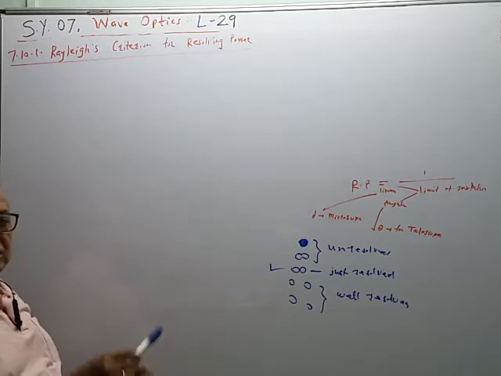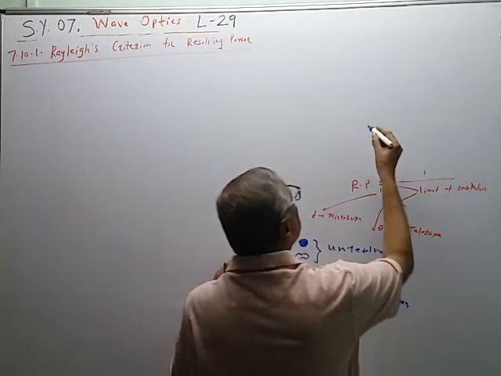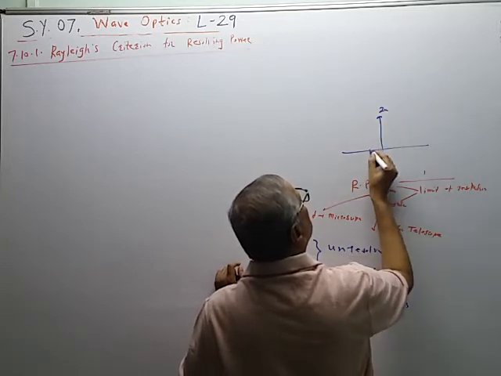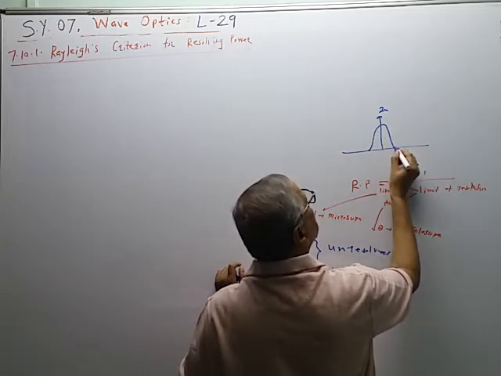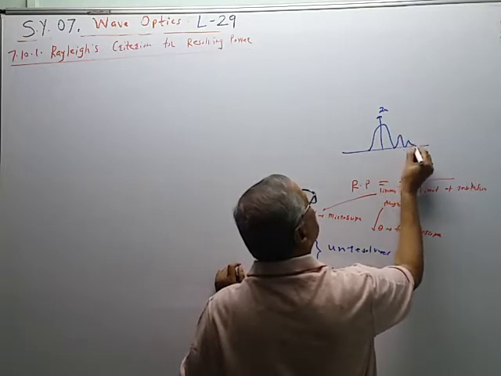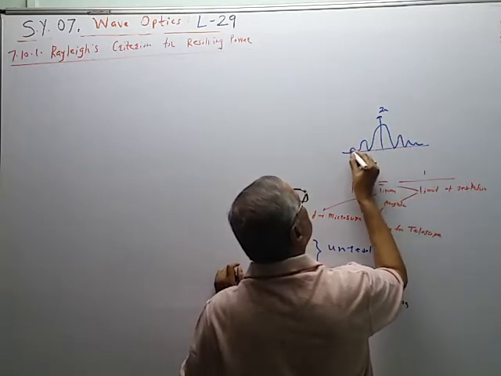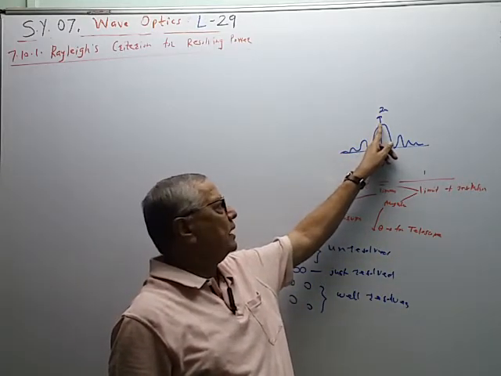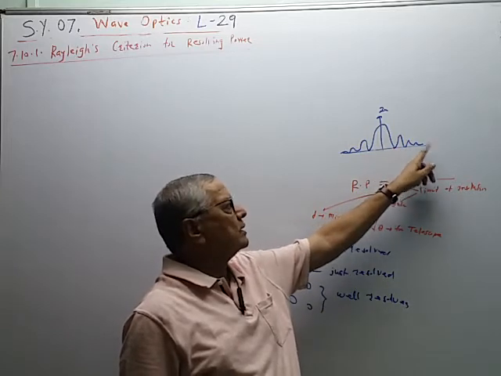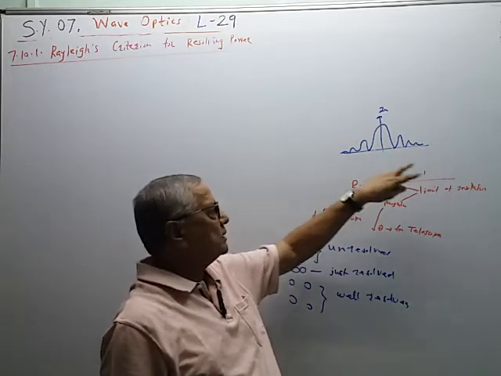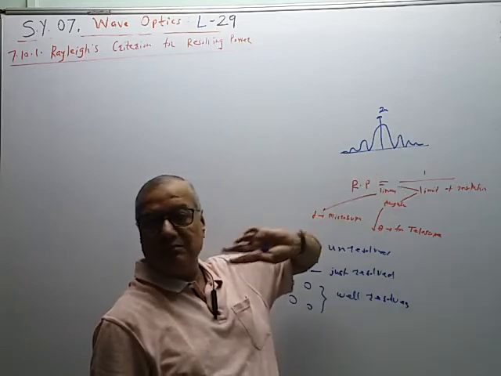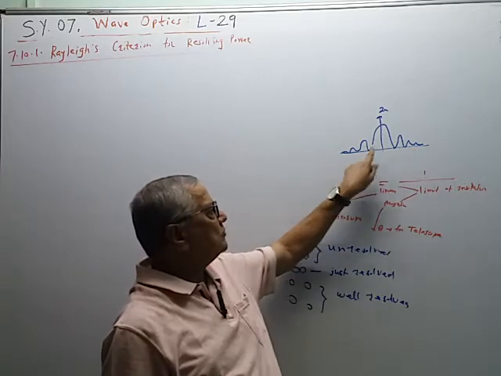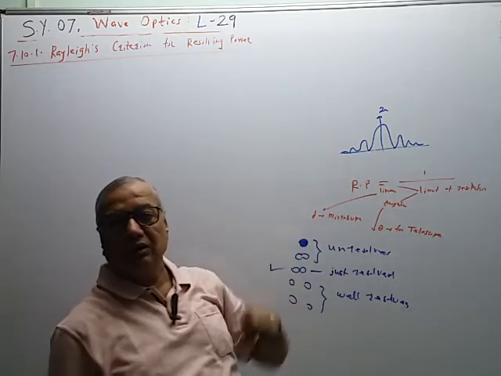So we know the intensity distribution pattern. So that pattern is like this. On the y-axis we plot the intensity. So this is the central maxima. This is first minima, first maxima, like this. So this is the intensity distribution pattern. Central maxima having intensity I0, I1, I2, I3, I4. Intensity goes on decreasing from the central maxima, and for minima the intensity is the same, 0, 0, 0, 0, minimum intensity. First minima, second minima, third minima, and first minima, second minima, third minima on the left hand side.